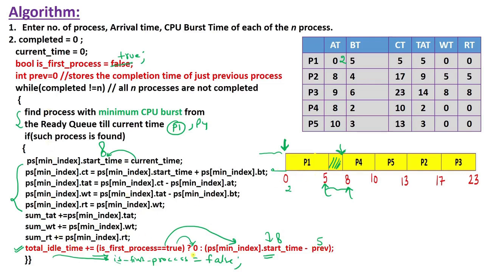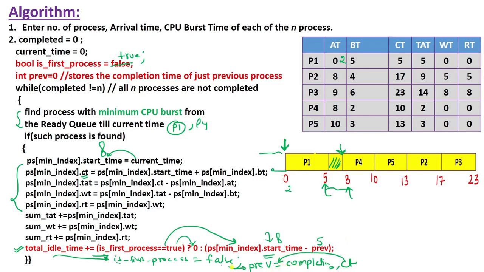Okay, when I say okay, this is 0. So after this I will do this thing also, and I will say previous equal to what? Previous equal to my completion time. Okay, completion time is this CT. When that P1 was completed, I will say that CT will initialize this previous. So that's why